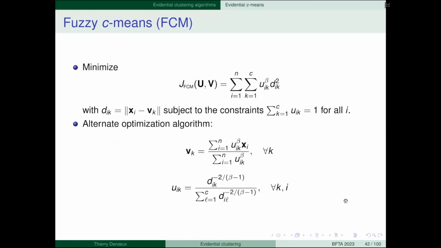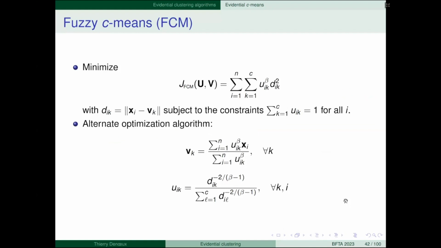Most of you maybe know the fuzzy C-means if you have worked on clustering or machine learning. So in the fuzzy C-means, remember that it's a fuzzy clustering algorithm. So we want to find for each object i the numbers u_ik. u_ik is the degree of membership of object i to cluster k. Okay. So we do this by minimizing this cost or loss function, which is the sum over the objects and the sum over the groups of u_ik to the beta times d_ik squared, where d_ik squared is the distance between object i and some prototype of cluster k.